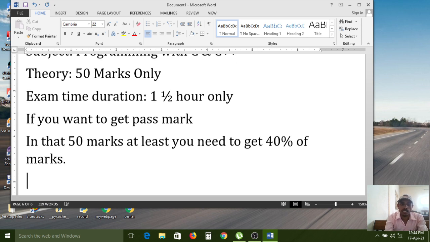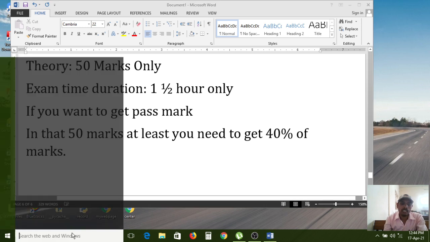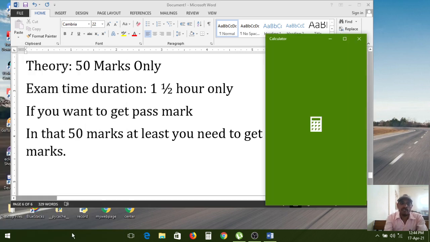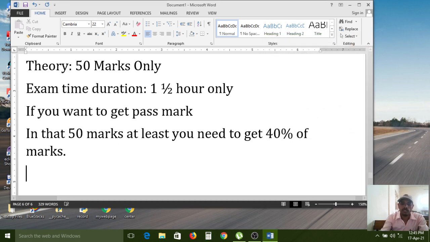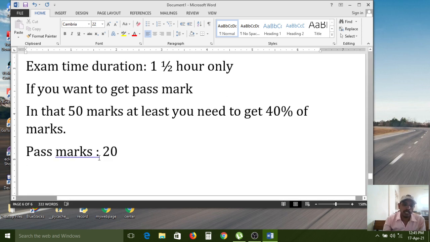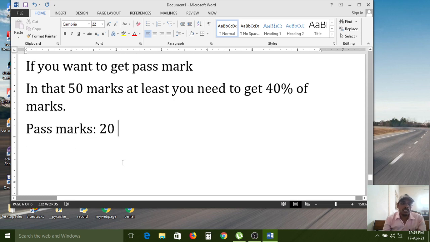In 50 marks, how much is 40%? 40 divided by 100, so at least 20 marks you need to get. Pass marks 20. If you get 20 marks, then you will get the pass mark in this subject.